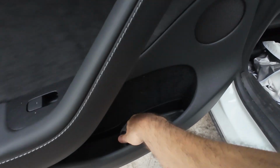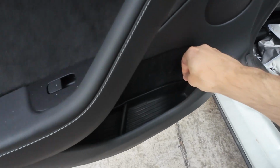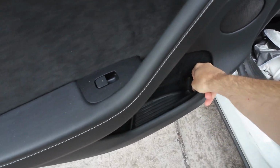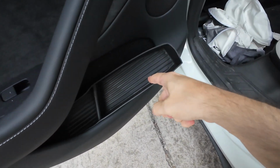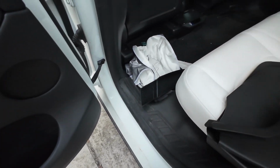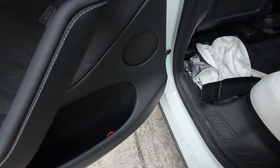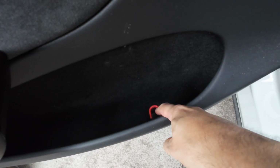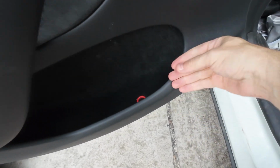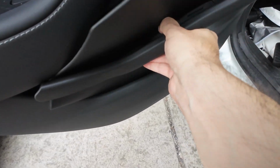Okay. So let me first remove the ones that I have. And the thing is that these side pockets from Yeslak, they cover even the liner compared to this one. It's just at the bottom. But what I like is that if you notice, I had some trouble to remove it. And if you remember, I did a video of this. There's the hook to unlock the door, unlatch the door when there is no power. So instead with these guys,